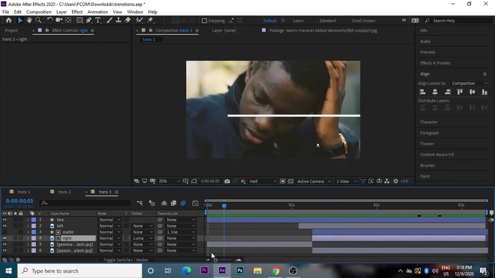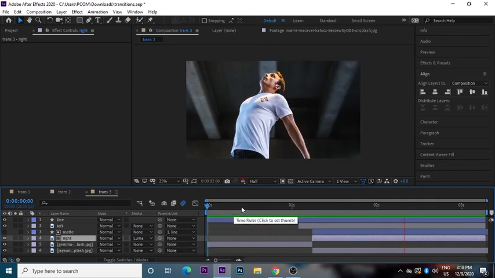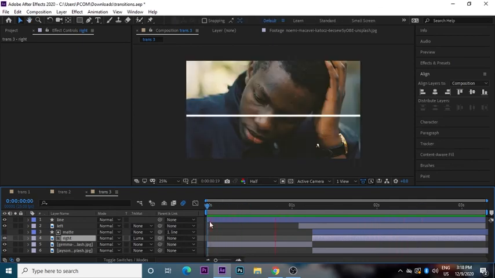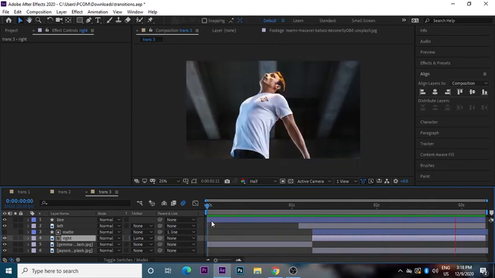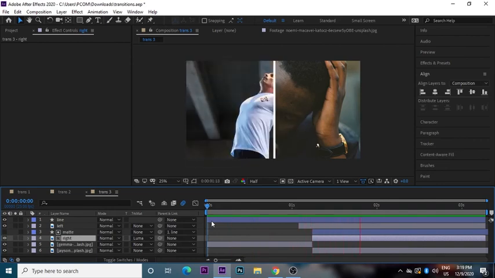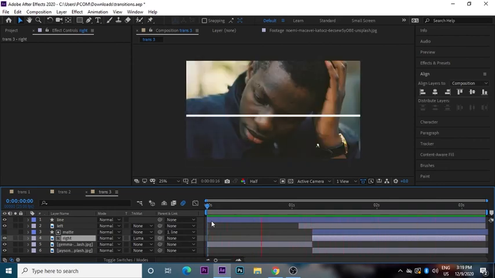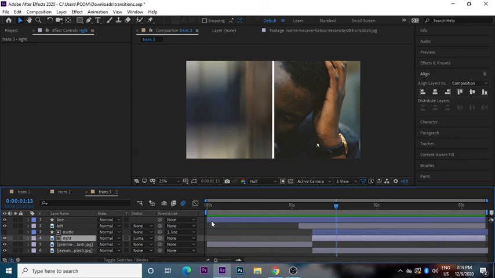So now we have this cool transition which we created entirely from scratch inside of After Effects. So yeah guys, that is it for today. This was the 3 transitions. These are really 3 cool transitions made entirely from scratch inside of After Effects, which you can use in your montages and templates and title templates or action sequences and whatever.